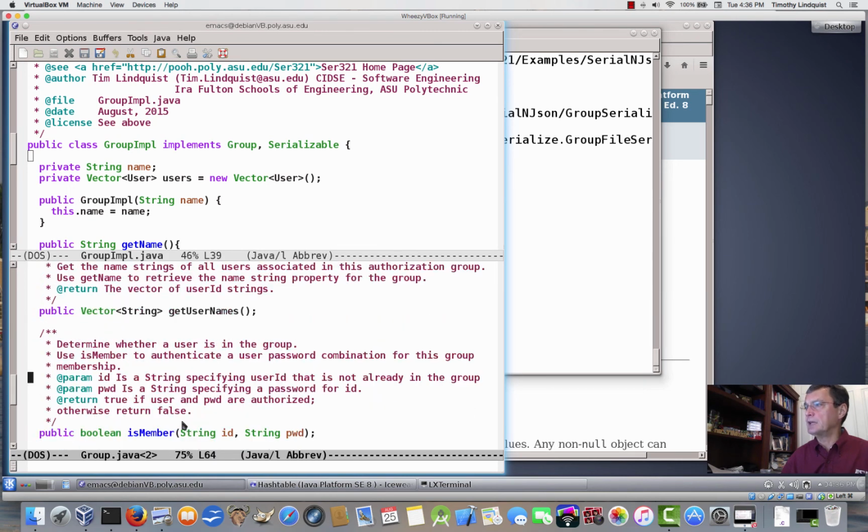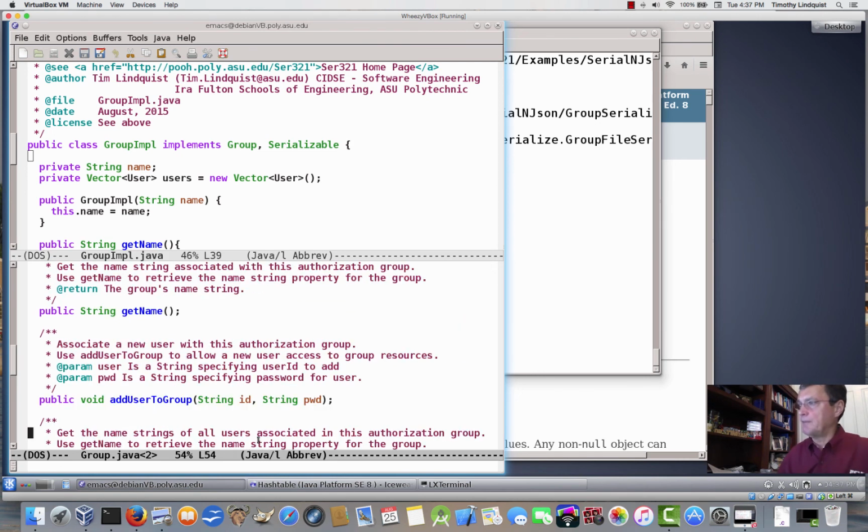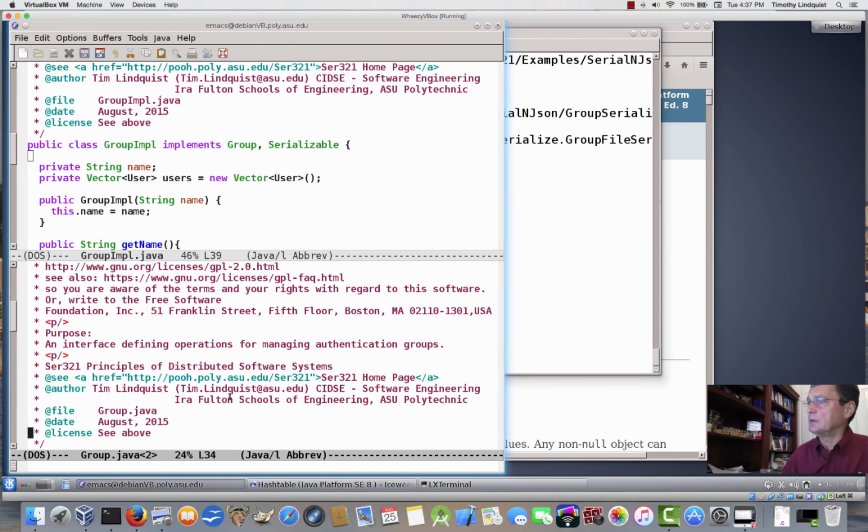And I guess to ask whether or not a given string and password are members of the group. So even though it's a string, if it was obfuscated, whatever, you could view this as an authentication mechanism. Okay, so